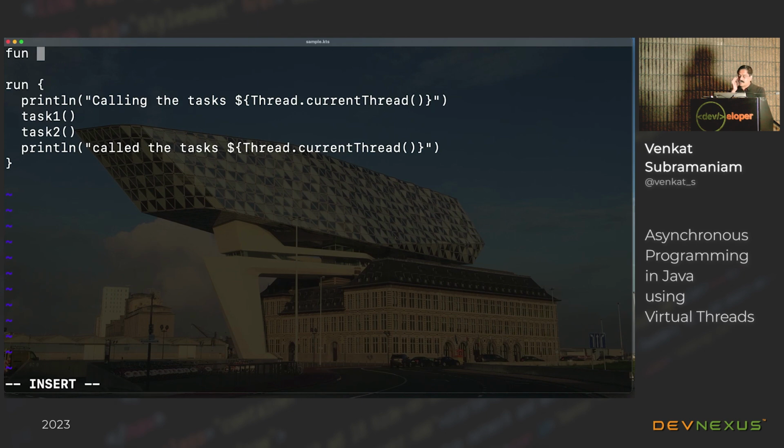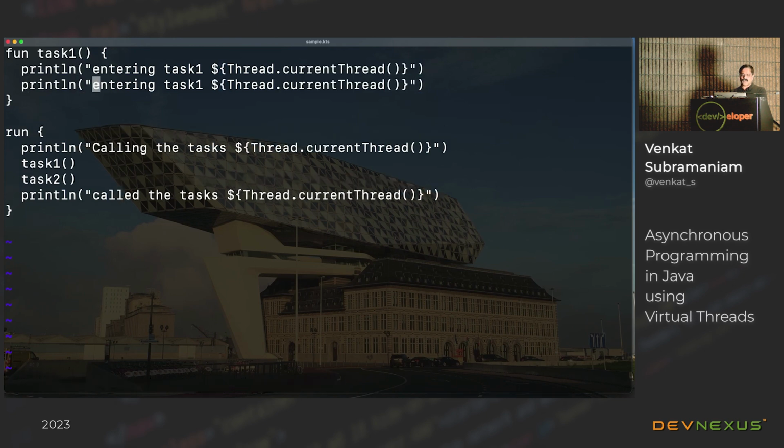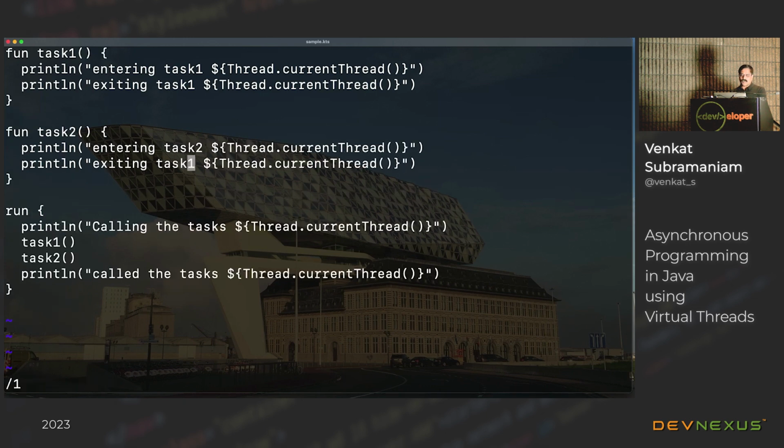So you say fun task1, and then here you can say println, "entering task 1", and then of course you can specify the thread of execution with a dollar sign, Thread.currentThread, and display that right there. Similarly, let's say "exiting task 1". Likewise, let's implement a task 2: entering task 2, exiting task 2.